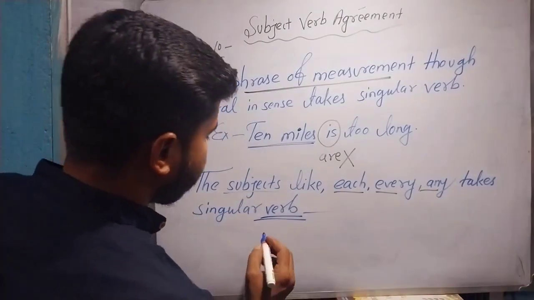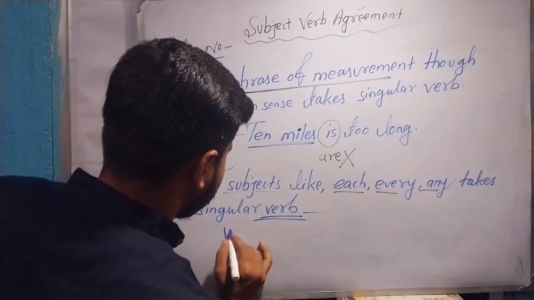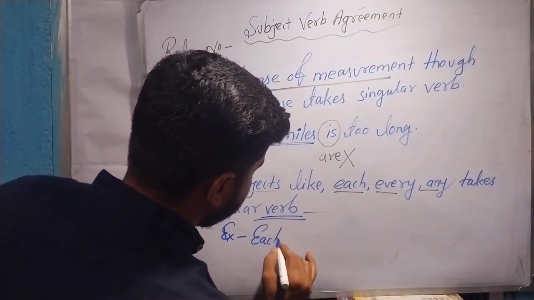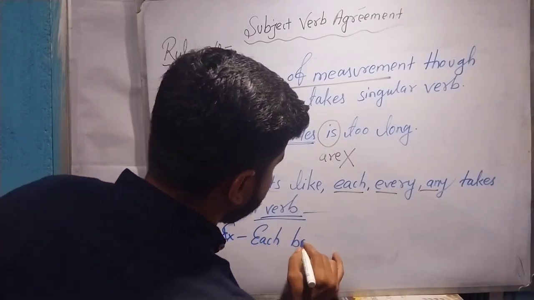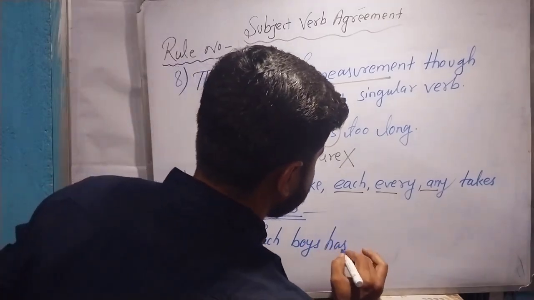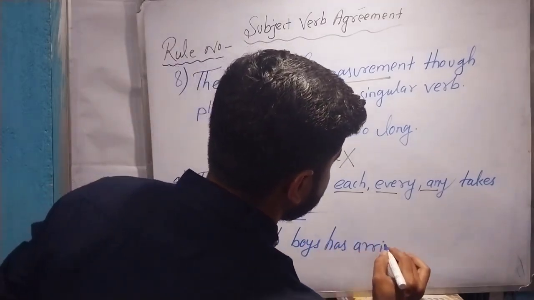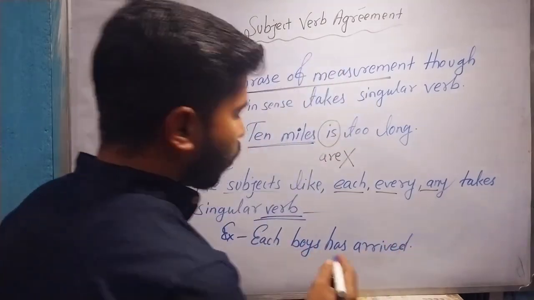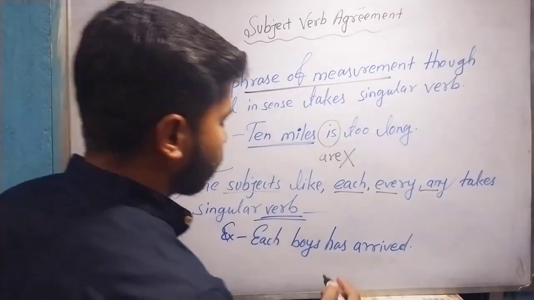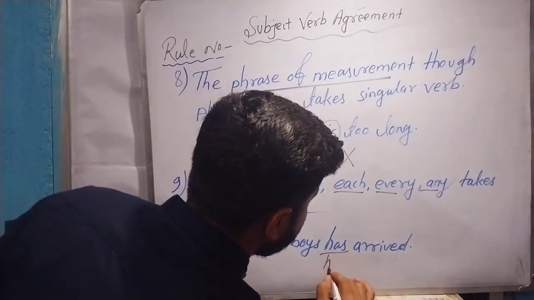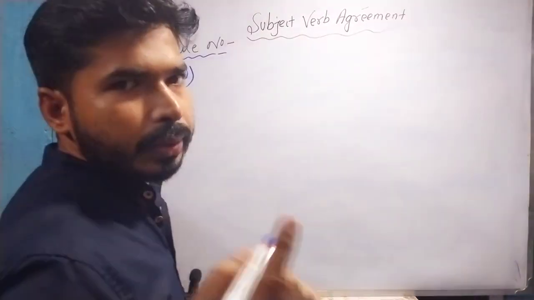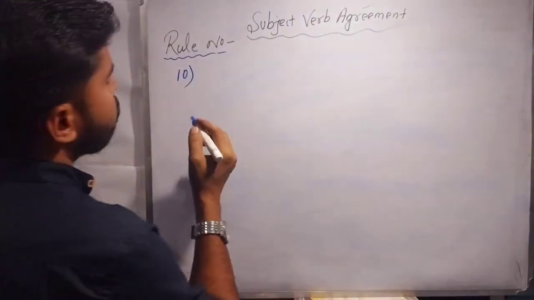For example, each boys has arrived. Each boys has arrived. So we can't write have. Have will be wrong. So in the 10th rule, I can include